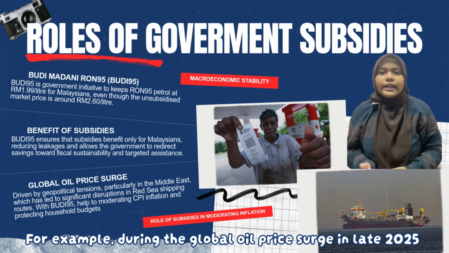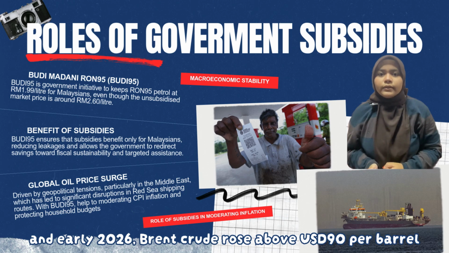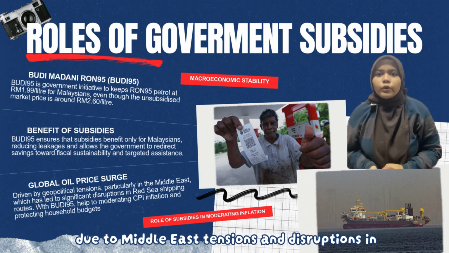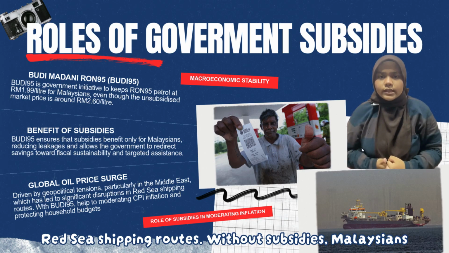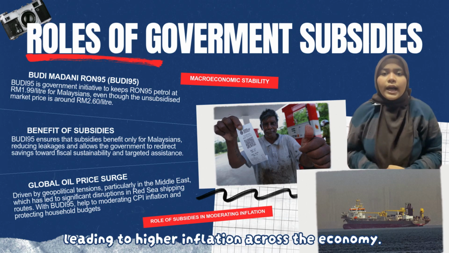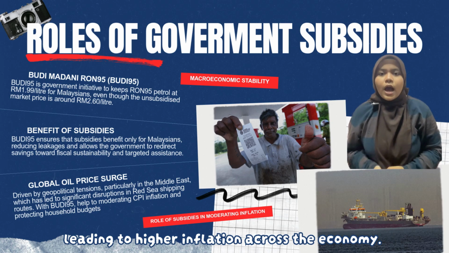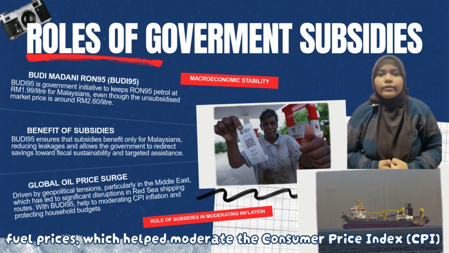For example, during the global oil price surge in late 2025 and early 2026, Brent crude rose above USD 90 per barrel due to Middle East tensions and disruptions in Red Sea shipping routes. Without subsidies, Malaysians would have faced steep increases in fuel costs, leading to higher inflation across the economy. However, with Budi 95, citizens continued to enjoy stable fuel prices, which helped moderate the Consumer Price Index (CPI) and